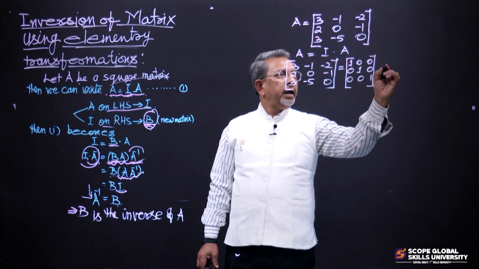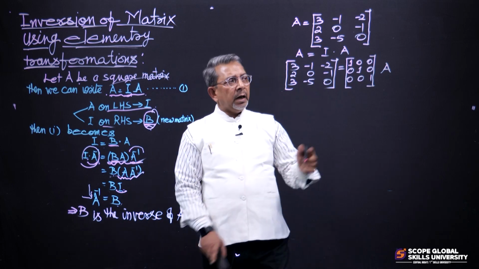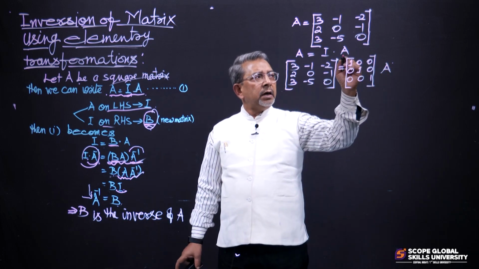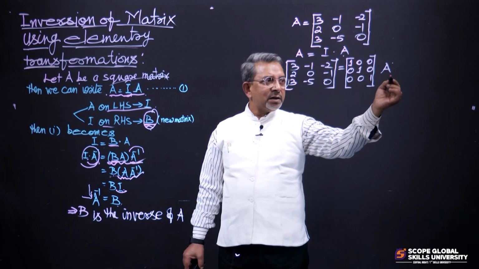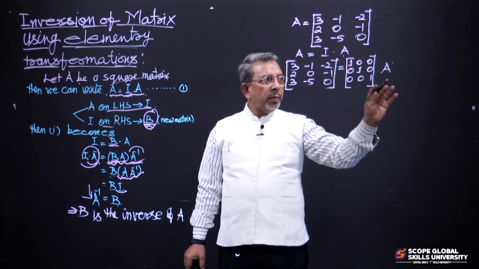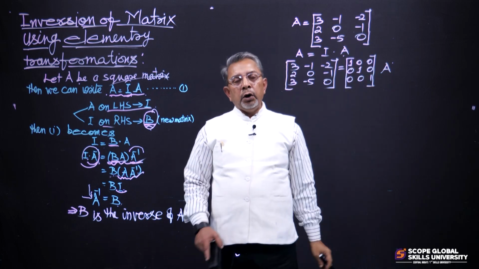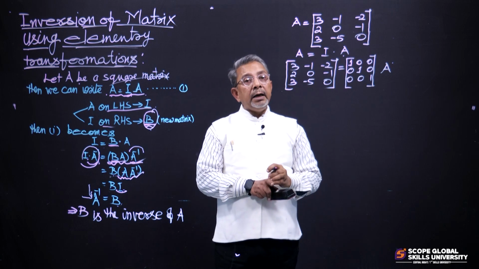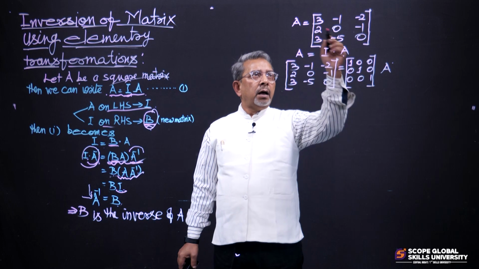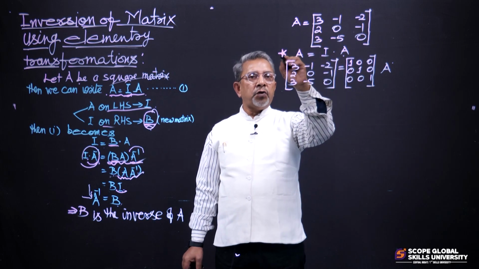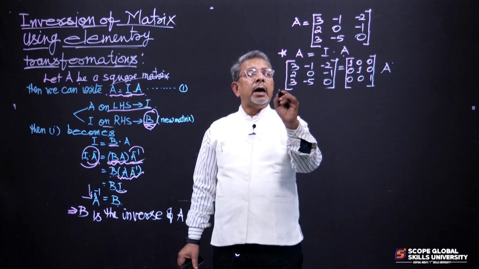And here I am writing A as it is. Just see, here A is to be considered as a symbolic representation, symbolic placement. Remember, you do not have to write any value or matrix format of A there. Now after writing the given matrix in this form, that means A is equal to IA, after that we have to